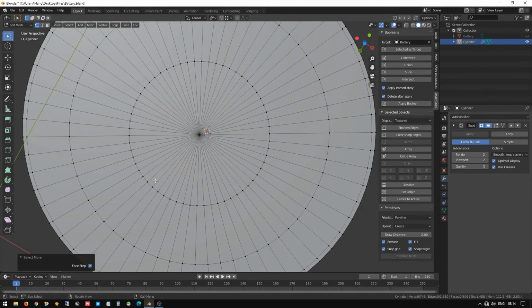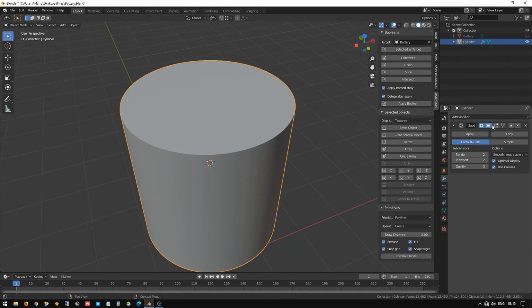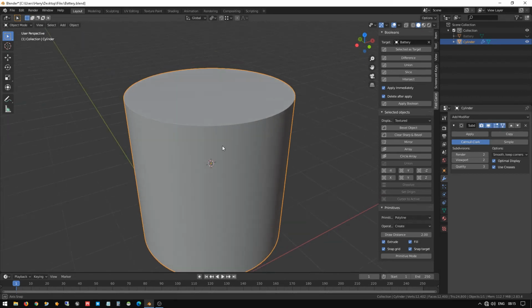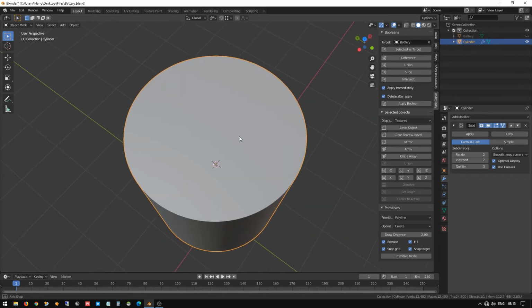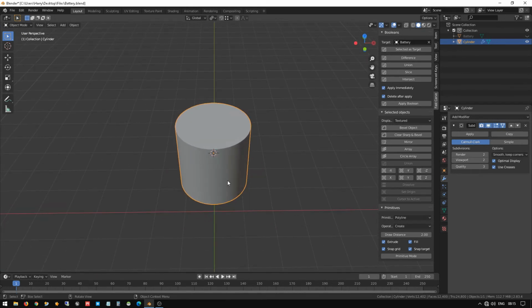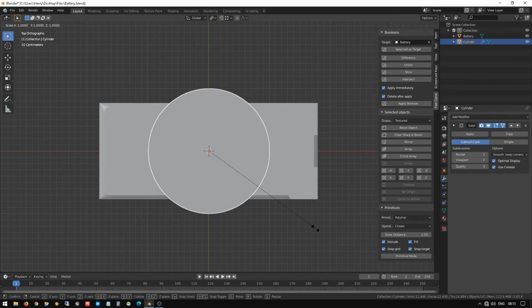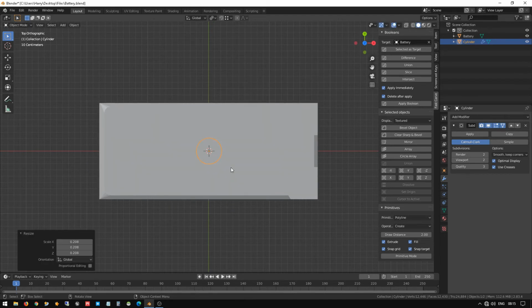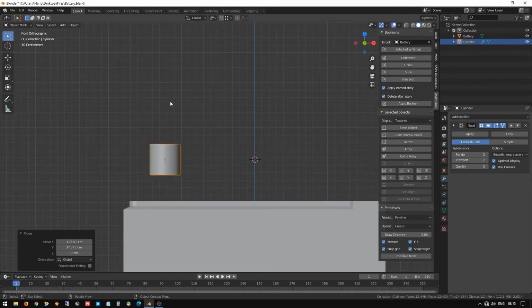Yeah, after doing that, now we can enable the modifier. So now you can see it looks cool and a nice cut, and we have got a full smooth circle in the edge of the cylinder. So I press Alt H again to unhide everything. So now I scale the cylinder and move the object and go to the G set and move towards this.